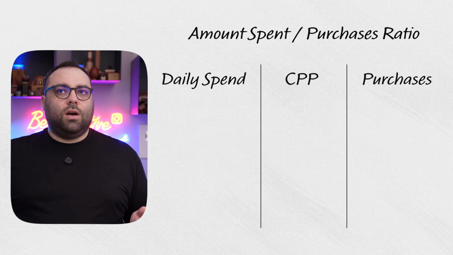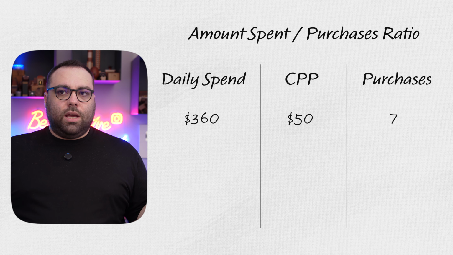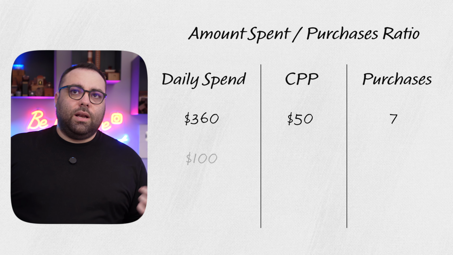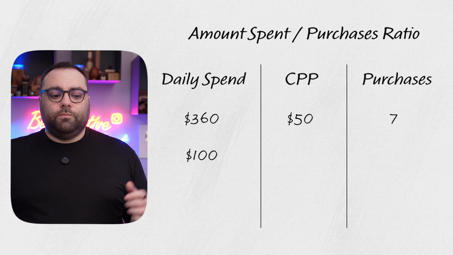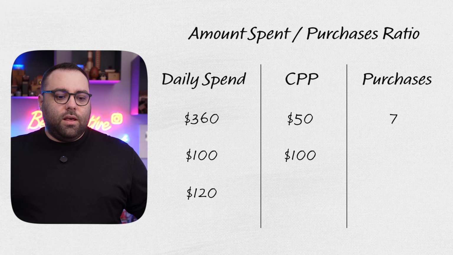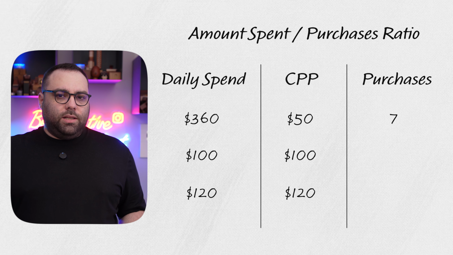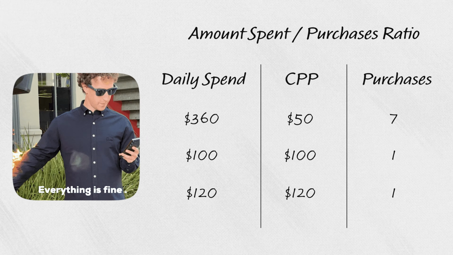So why are you increasing your budget? For example, in the example that we had before with 300 and 6 sales per day, if you increase by 20%, you're going to do 20, 20, 20, you're going to have 360. 360 is going to give you one more sale, which makes sense in that case. But if you have 100, let's say, and you're going to do 120, and you're having a cost per purchase of 100, then what is going to happen is that the cost per purchase is going to become 120. So you're just going to spend 120 and you're going to get again one sale. So it defeats the whole purpose.